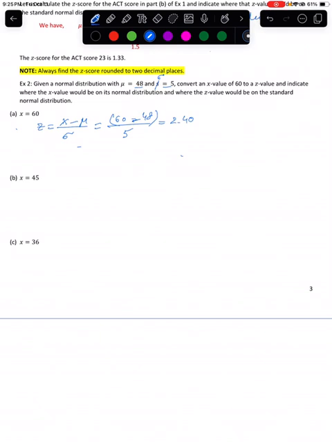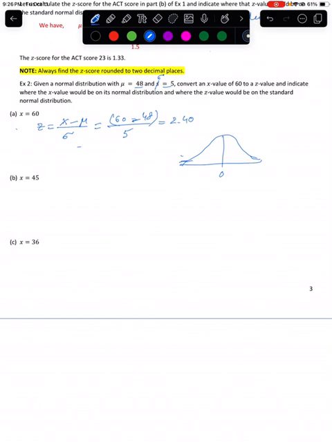So make a normal curve like this and 0. So this is 2.4. You can see it is somewhere between the second and the third standard deviations on the right, in between those. So you can roughly say somewhere here,